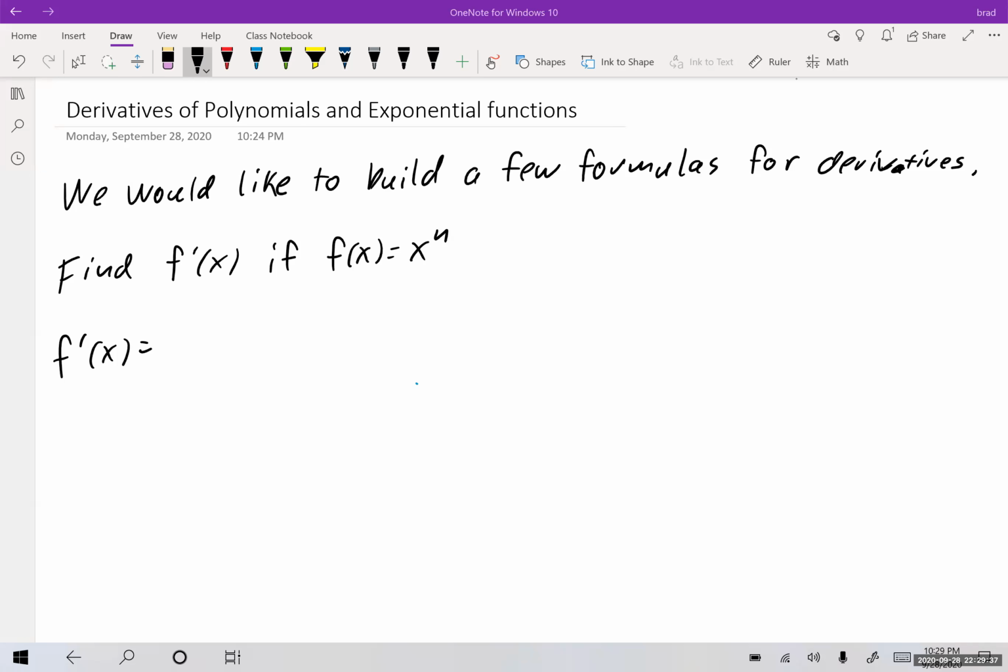Okay, so in this next section, this will be the first section for our second exam. In this first section, we're going to talk about derivatives of polynomials and exponential functions. So this is kind of like our nice, I don't want to say easy, but we're going to finally be able to do this in the faster way. We're going to be able to take derivatives and do it much quicker than we were before in the previous